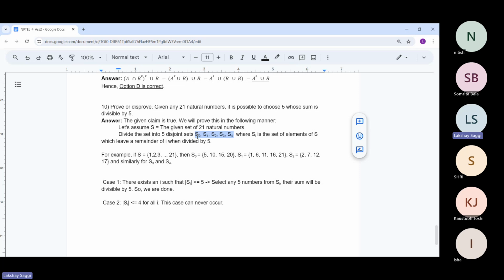Because these are 5 such sets, and we are claiming that all of them have sizes less than or equal to 4. But this is not possible because we are originally given 21 numbers. Since we are given 21 numbers, all of these cannot have at most 4 elements. So this is because